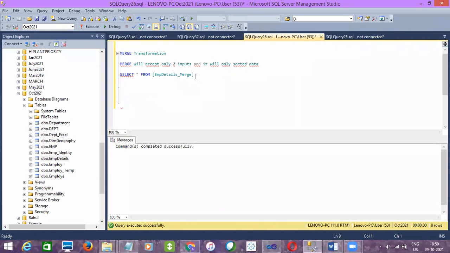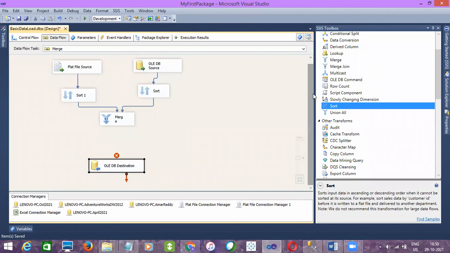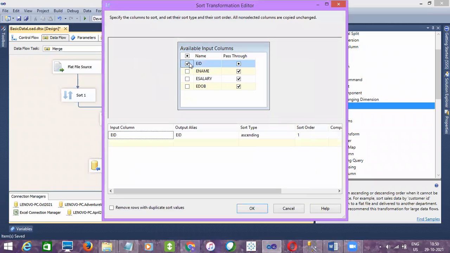So I'm truncating table data again, and my destination records are 0 now. Let me drag a sort transformation here, and then remove rows with duplicate sort case.